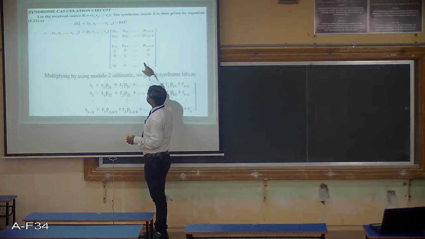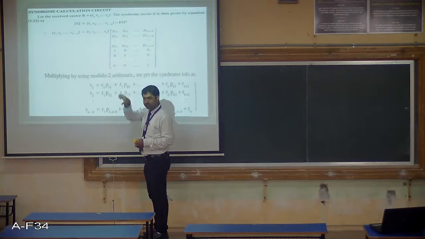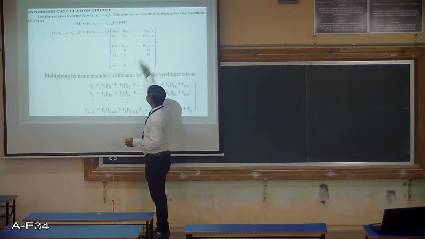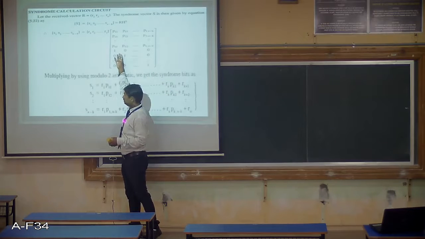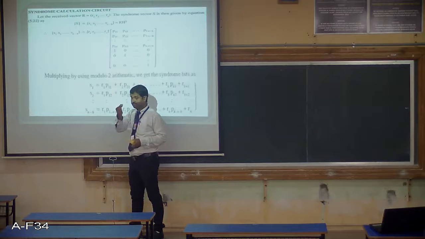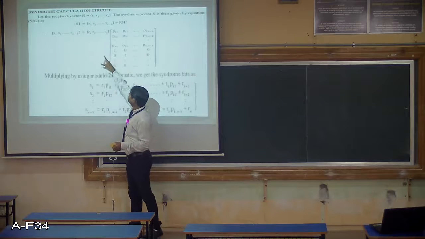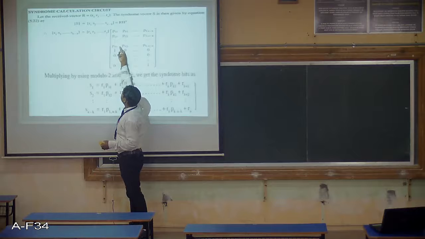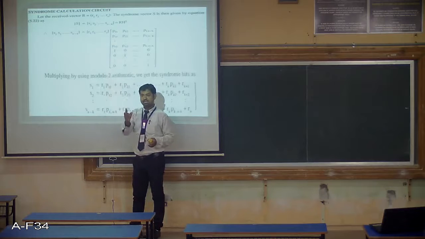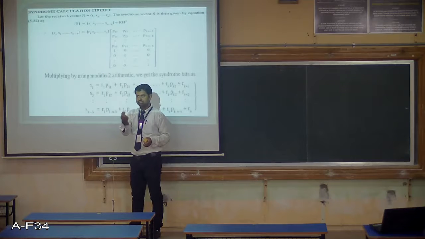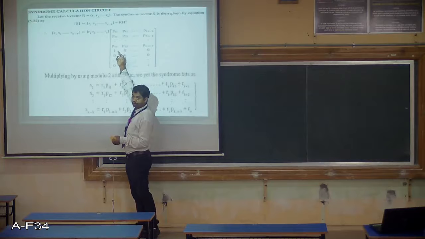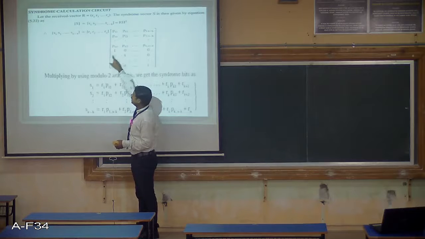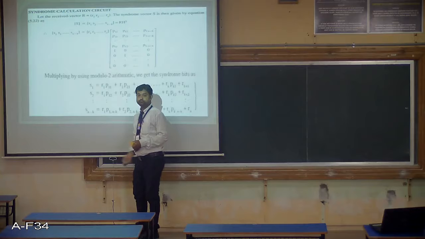And again this H transpose is a combination of P transpose followed by the identity matrix. Just multiply row into column. So I can define S1, the first bit of the syndrome. S1 is equal to what? The first bit of the received sequence R1 into P11. P11 may be either 1 or 0. The 1 indicates first row, first column; 2 indicates second row, first column, P21. You have to follow this first column and that will give you S1.